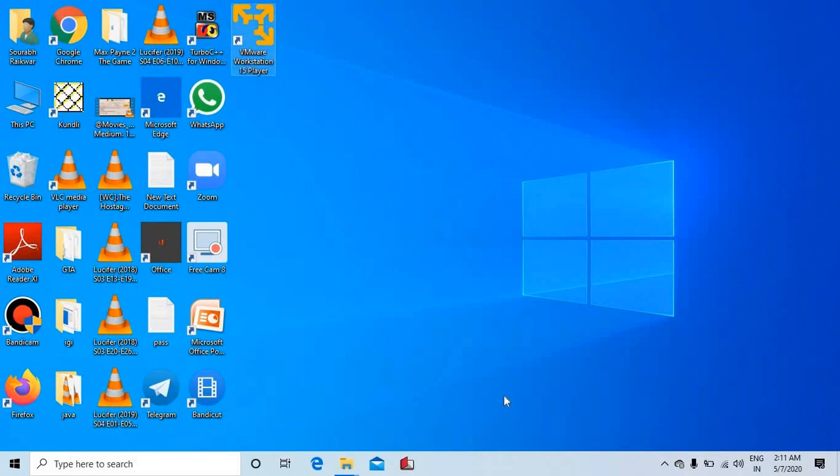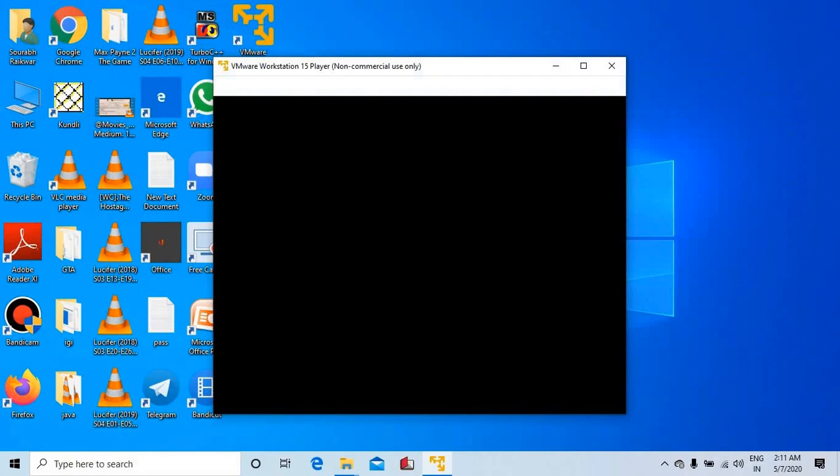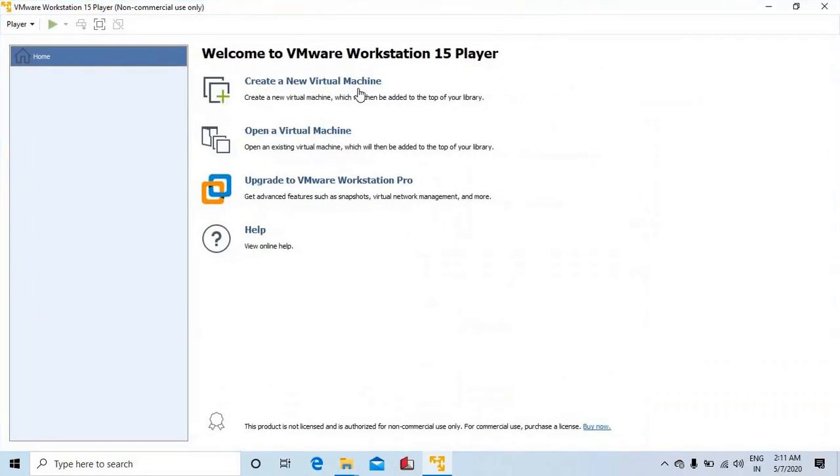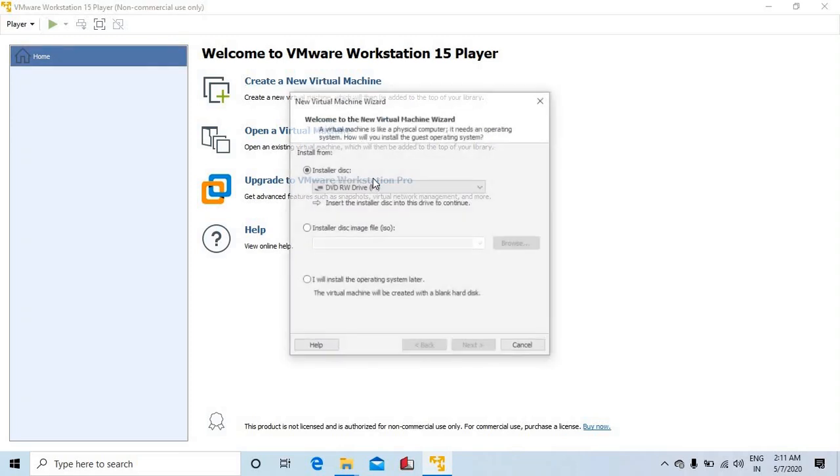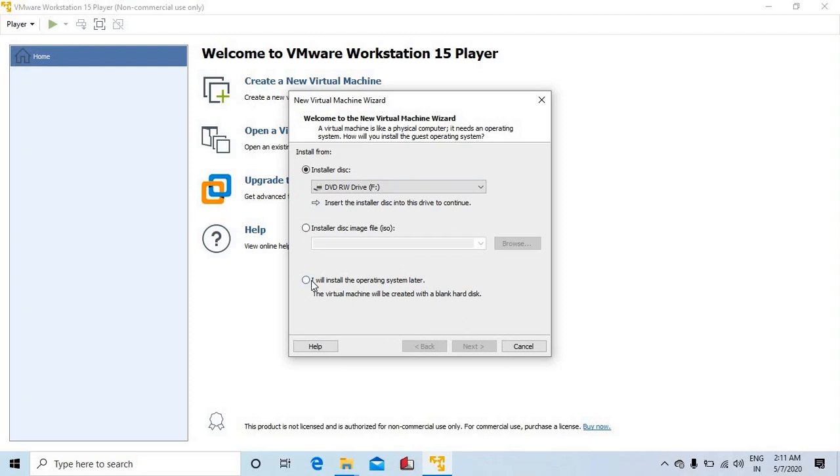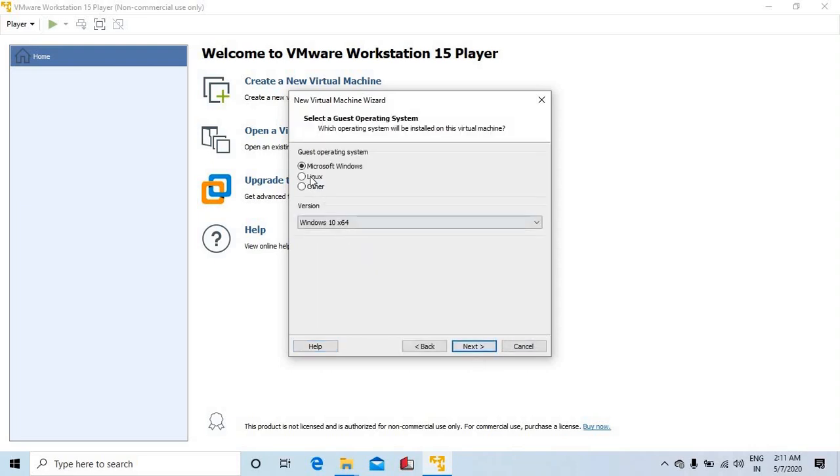So just open your VMware Workstation Player. And here we are going to create a new virtual machine, so select this option and choose the last option which says I will install the operating system later. Then click next.